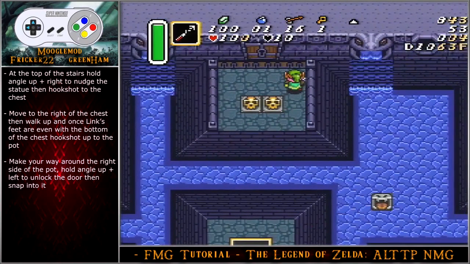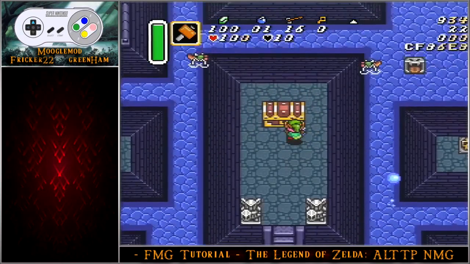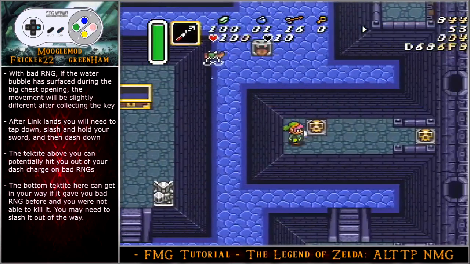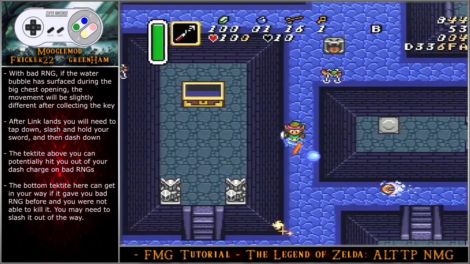Make your way around the right side of the pot, hold angle up left to unlock the door, and then snap into it. With bad RNG, if the water bubble has surfaced during the big chest opening, after Link lands from the ledge, you will need to hit down, slash your sword, and then continue holding B and then dash